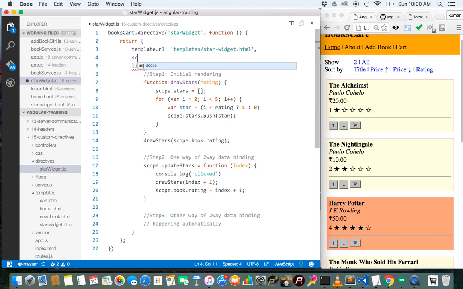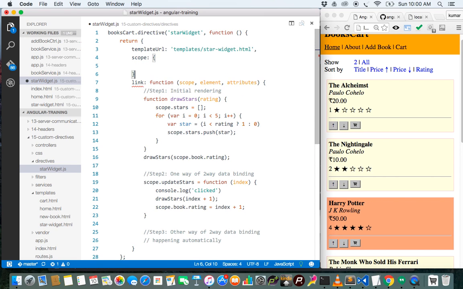There is a third key called scope, right? By default it is false. When you declare it with an object, this scope no longer refers to the parent scope, the reference is broken, and this is our new scope, and it receives whatever you send to it. For example, if I do item equal to, which means